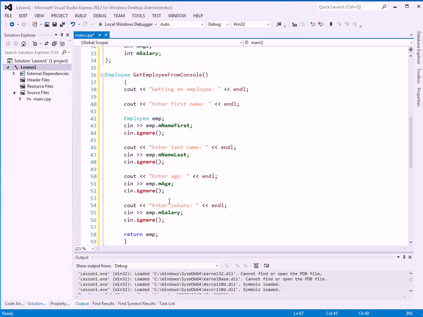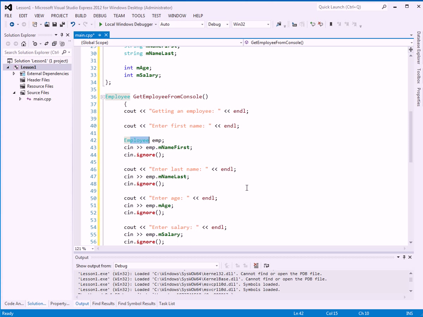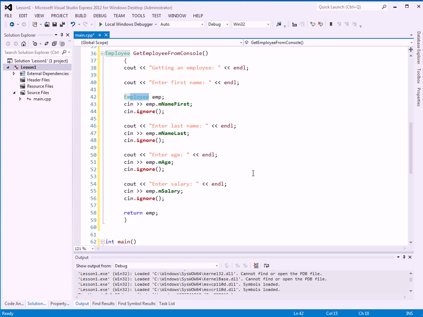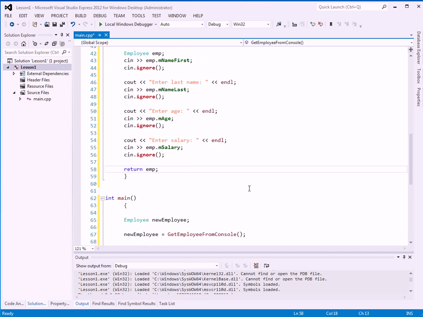Now what it's going to do, it's actually going to copy this employee. But since it's okay in our position here to copy this information, we're good. In some cases you may not want a copy operation. You'd have to do things a little bit differently. But for this situation, it's just fine. And we'll get into that later. So this is the basic idea